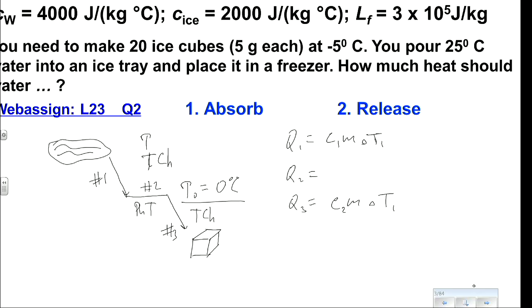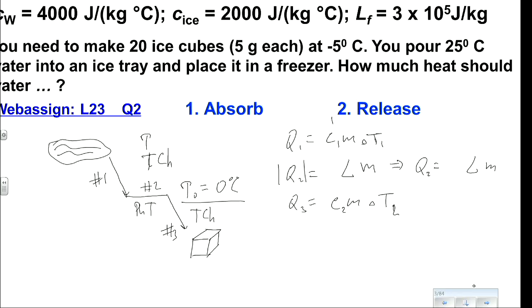Now here we have a phase transition, and for the phase transition, the equation is, well, first of all, the magnitude of the heat related to the phase transition is given by this equation, but we need to remember that we need to make a choice of a sign, a plus or a minus. And here where it's important to understand, yes? I said different, actually. You didn't say that. No. So plus or minus.